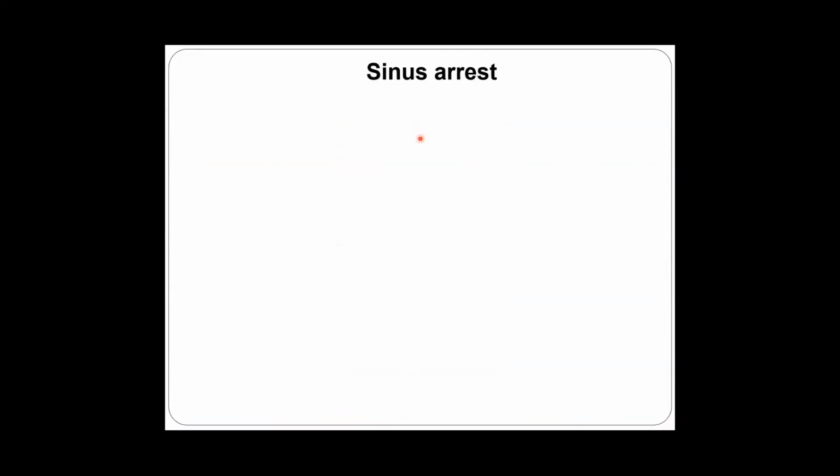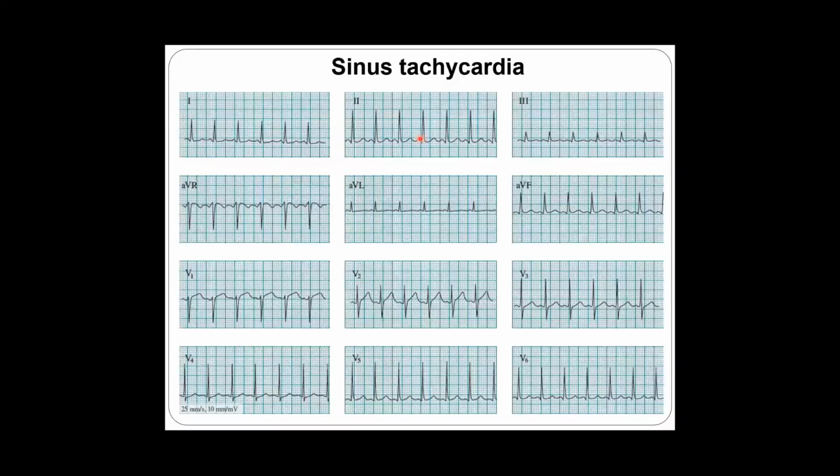Now, very, very important, the sinus tachycardia cannot be faster than a certain rate, and that rate depends on the age of the person. You learned that the maximum sinus rate, if you exercise, you can calculate: 210 minus your age. So for example, in my case,